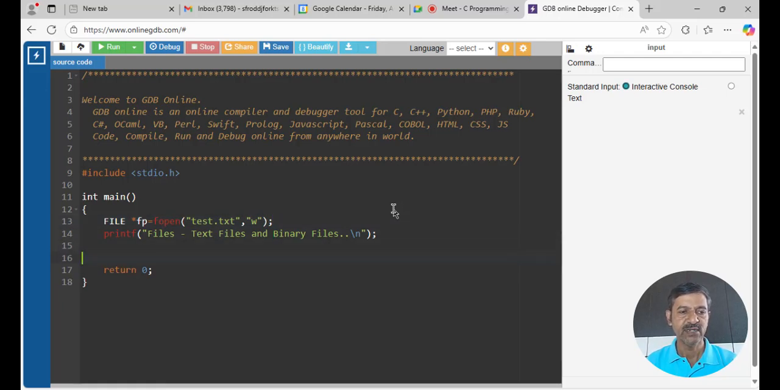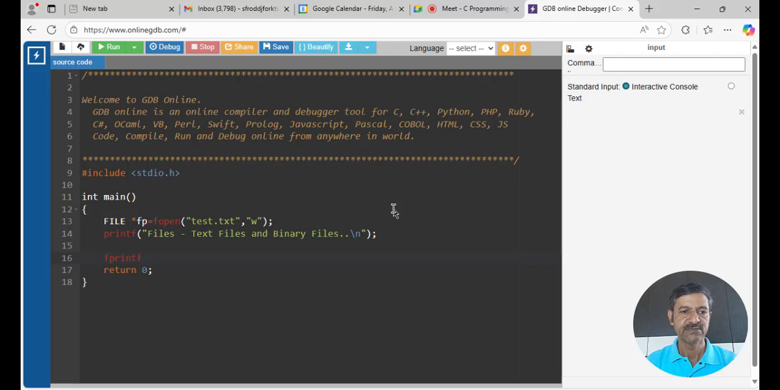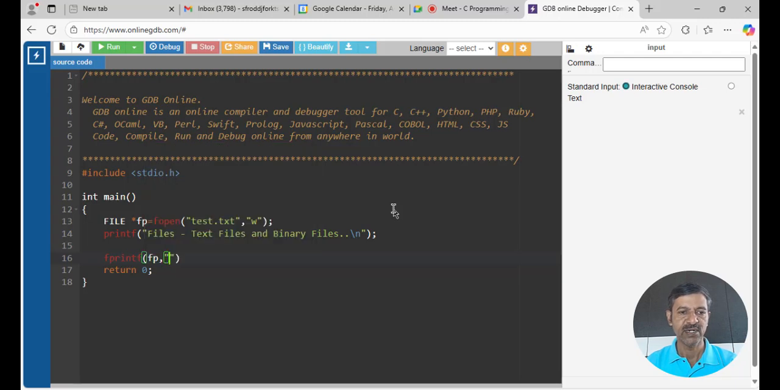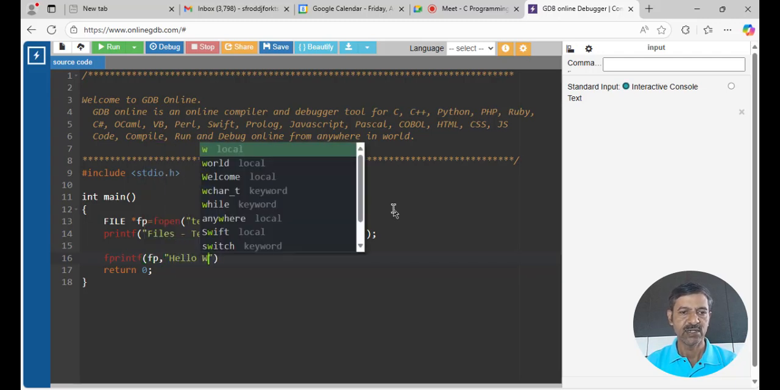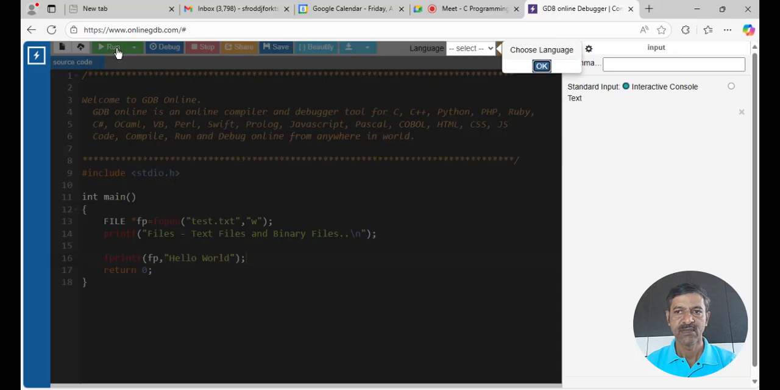Once the file is open, you can print to this file. So fprintf is the function to use. Then you mention the file pointer that you opened and just say hello world. So this string hello world would be written to the file. So if I run the program,